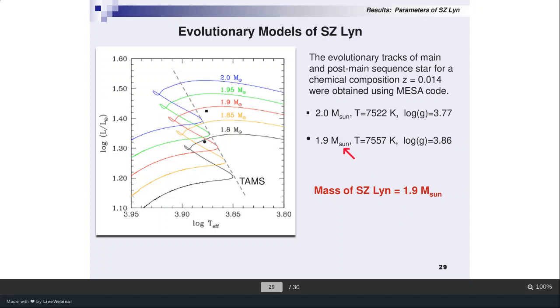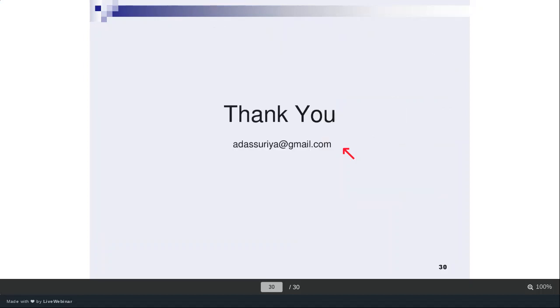This is a very long and complex process, so you have to go again and again. In the theoretical analysis, you can modify the theoretical input parameters, and you have to come closer to the observation to get the physical parameters of the star, as well as determine the oscillation modes with this analysis. So that is all about my explanation. I hope you have gotten some idea about asteroseismology and its applications in astronomy, which is very important for determining stellar parameters. Thank you very much.